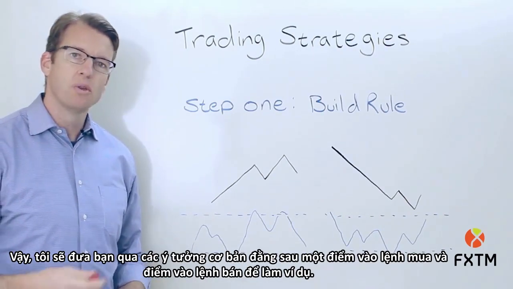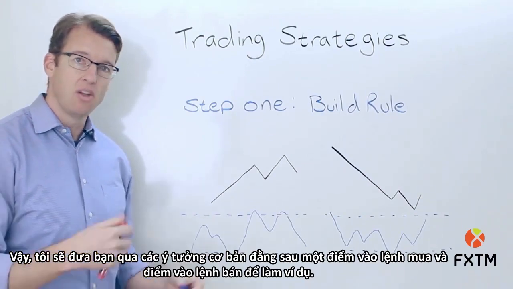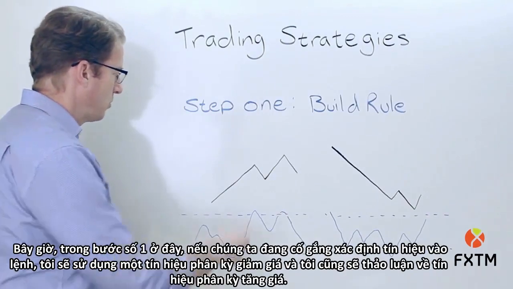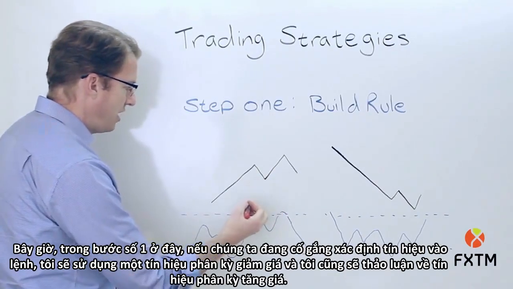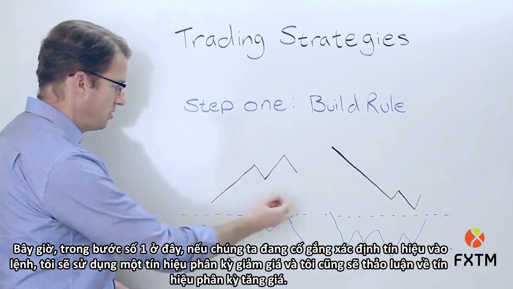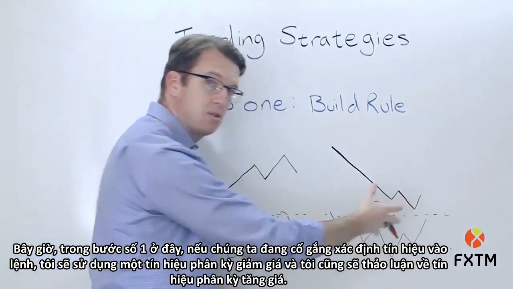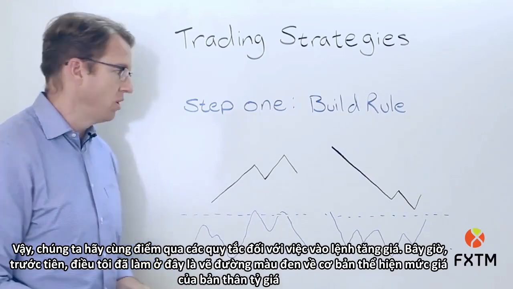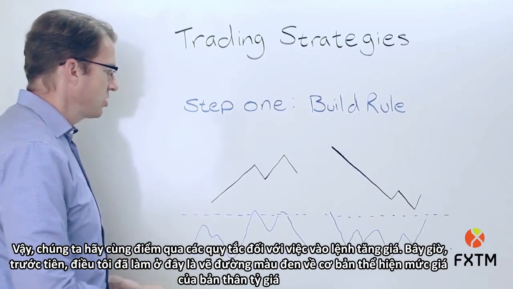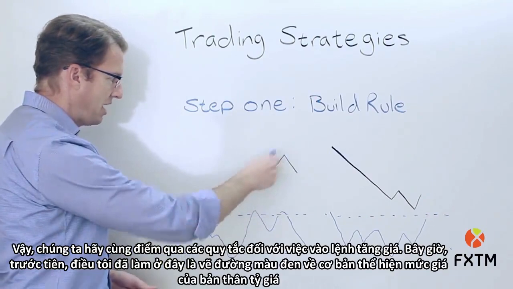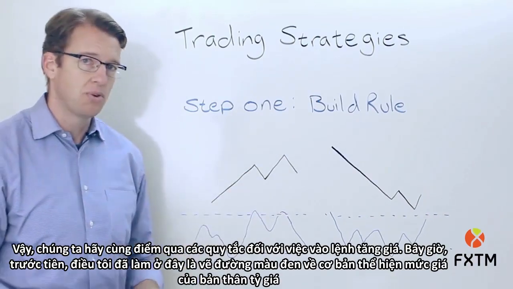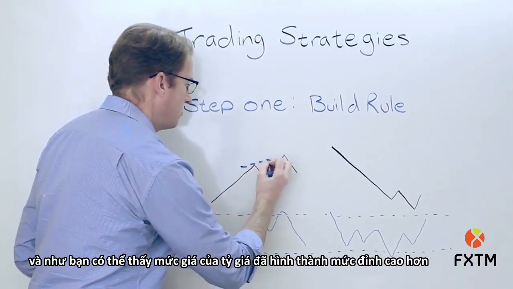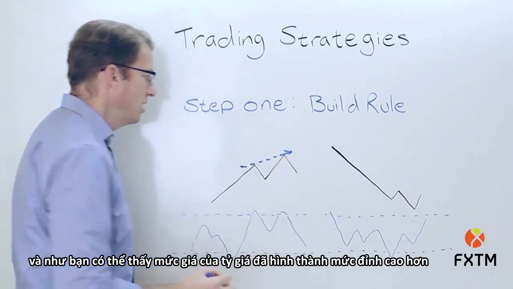So I'm going to walk you through the basic ideas behind a long entry and a short entry as an example. Now, in step number one, if we're trying to define our entry signal, I'm going to use a bearish divergence, and then I'm also going to tackle a bullish divergence as well. So let's just walk through the rules for a bearish entry. Initially, the black line here represents the price, the exchange rate itself. And as you can see, the price of the exchange rate has been forming higher highs,